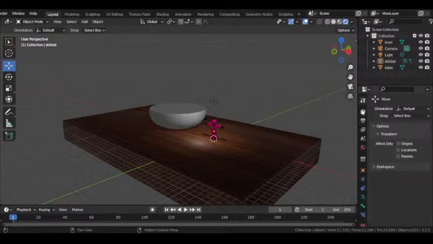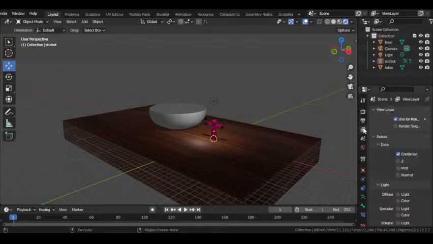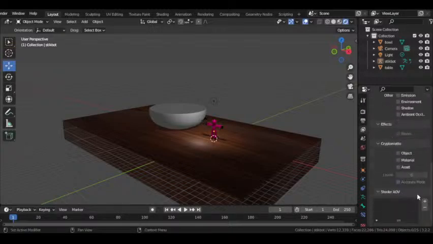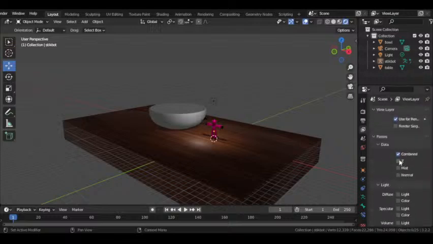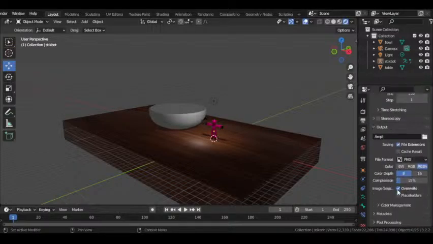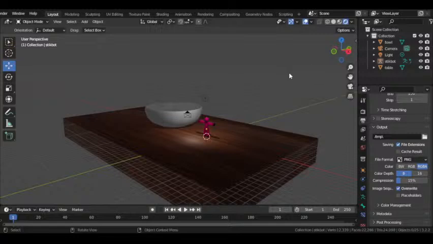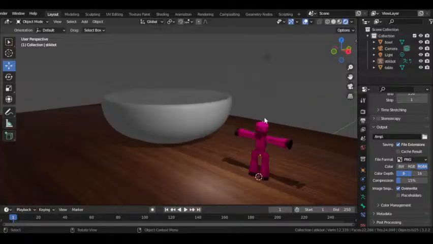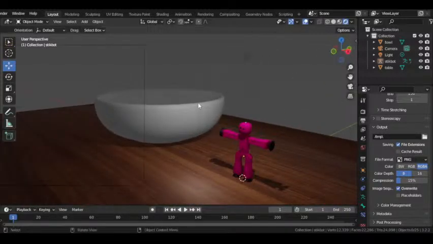I forgot how to do the background actually. Hold on, how do I make an environment output? Okay, I know how the output works. Okay, I'm gonna do the kitchen later, but for now, I think I want to make this